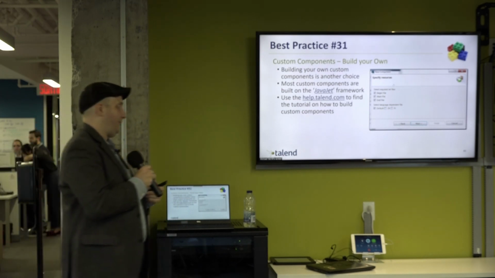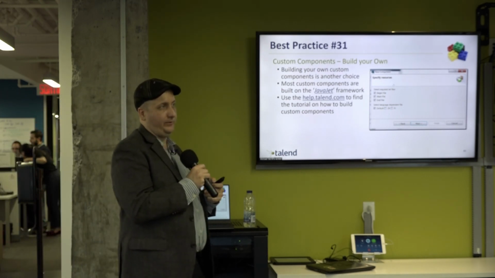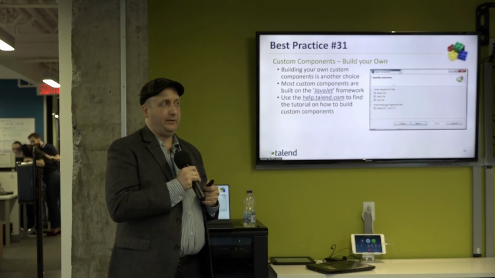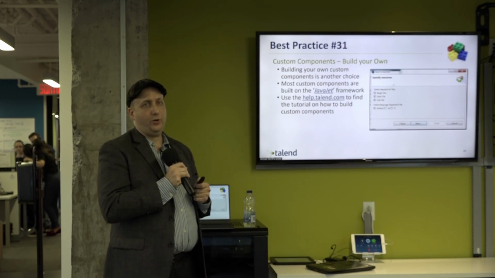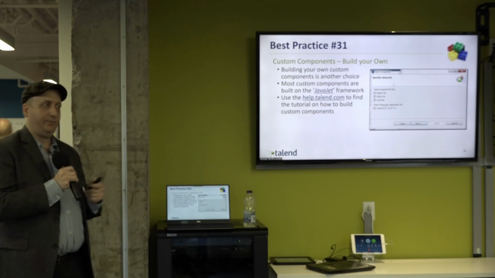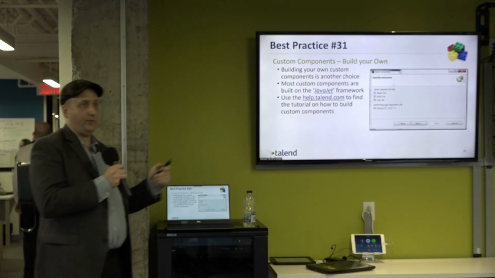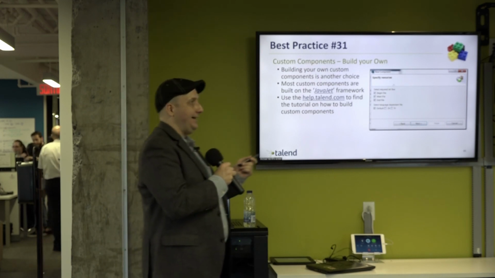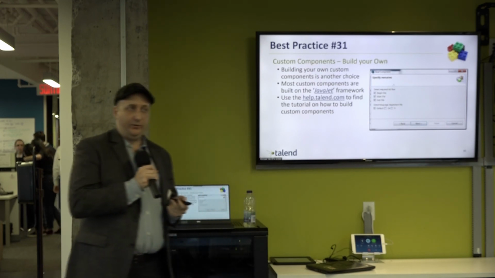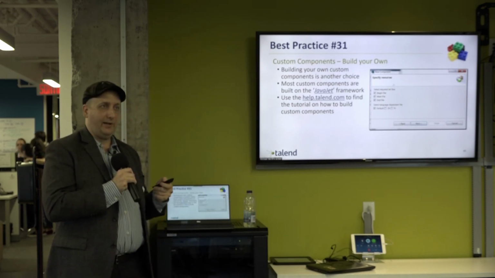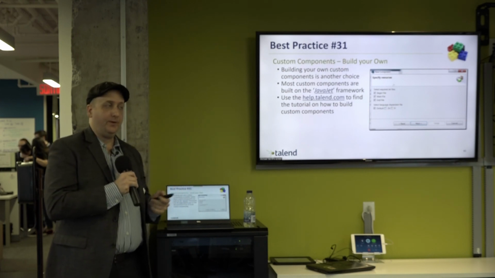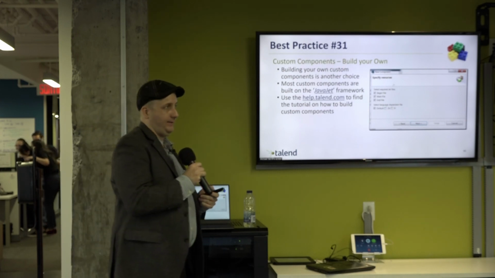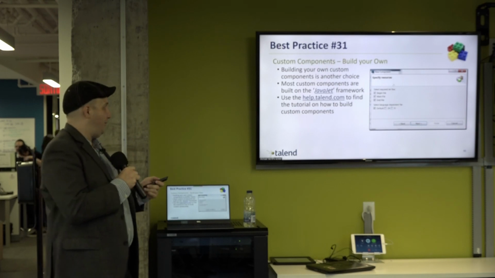And then we have what we've been using for a long time now, which is Java Jet. It's basically a template-based code generation system for creating Java code that goes in your job. So you have a begin, a main, and end. It's very much like the tJavaFlex if you use that. A lot of the same concepts as to where the code goes. It's, as I said, all template-based. So if you create,